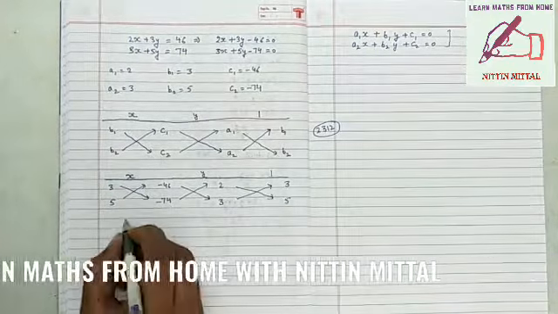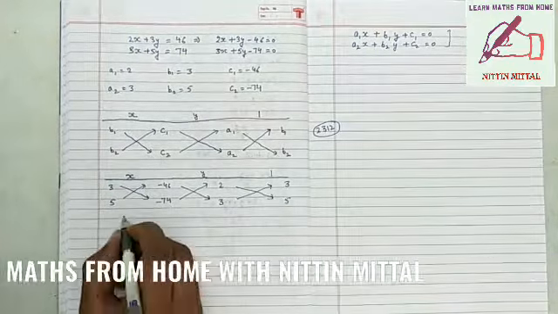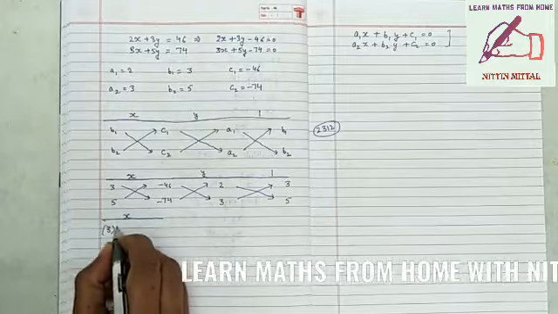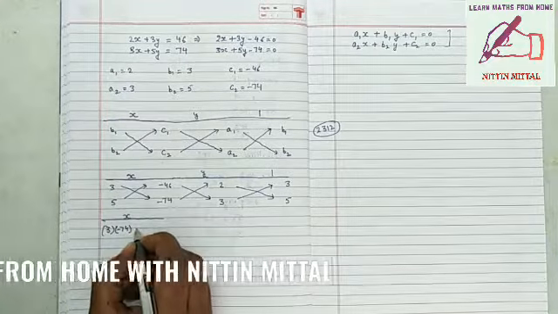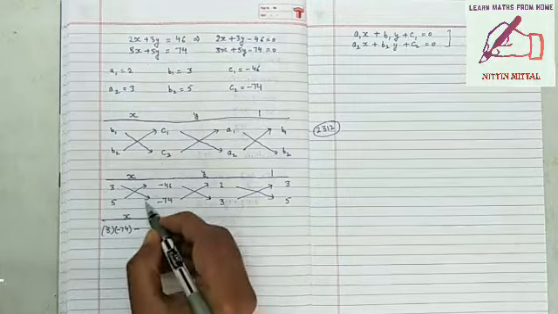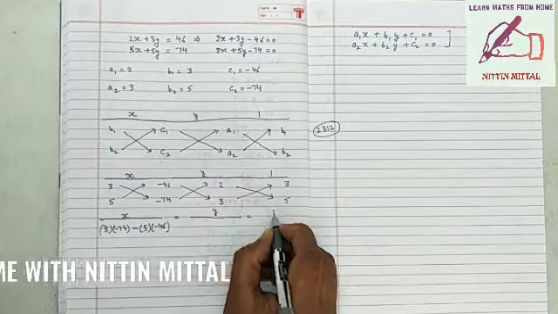Now the next is x over. We have to start with the upper left value and multiply it following the arrow sign, so we multiply with minus 74. So we will write 3 multiply with minus 74. Then we have to subtract the product which the other pair represents, that is 5 and minus 46. We will multiply those, and we will do the same for y and 1.